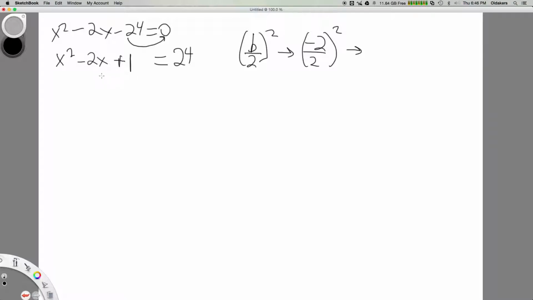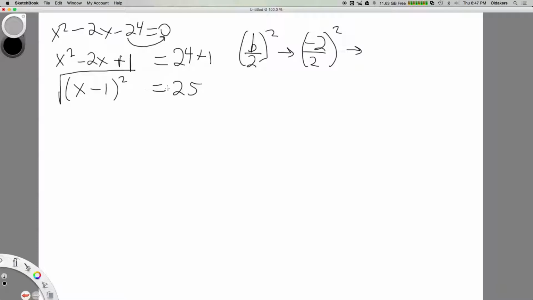I now have a perfect square trinomial on this side, which you can factor down to x minus 1 squared. And don't forget, anything you add to the left side, you have to add to the right. If you don't add it to the right, you are going to change the value of the equation, which is a no-no. So this is kind of the first step of completing the square. We completed the perfect square on the left, we added that value to the right,